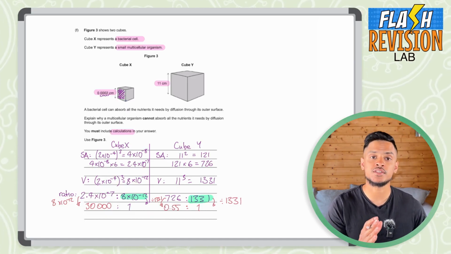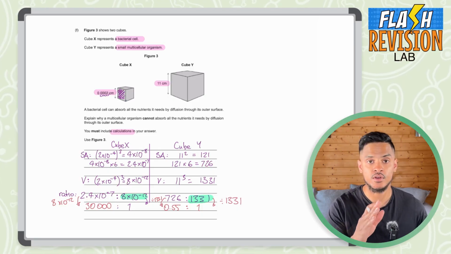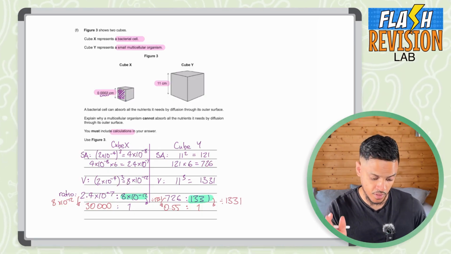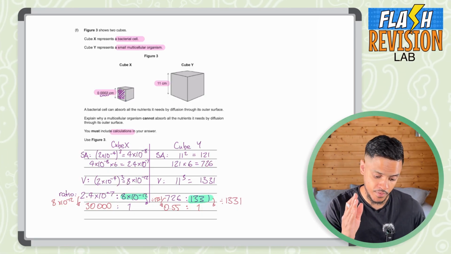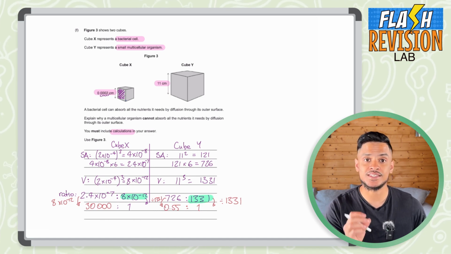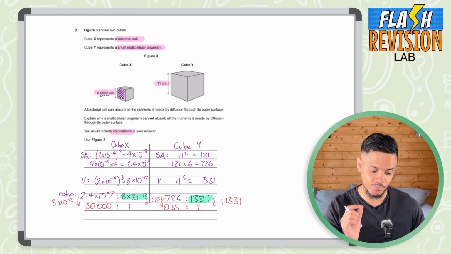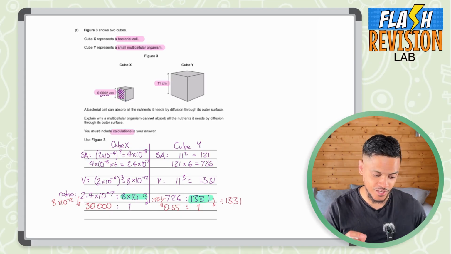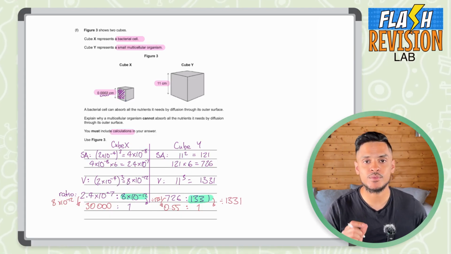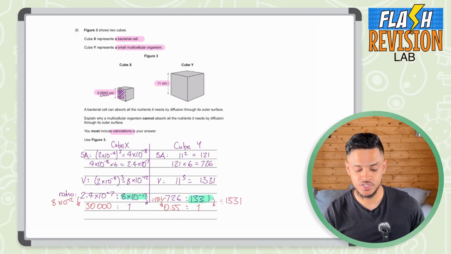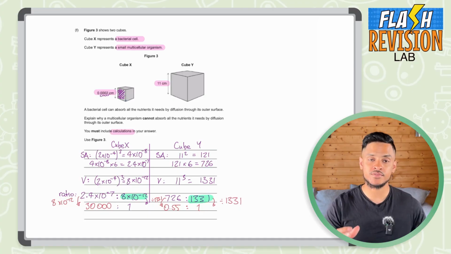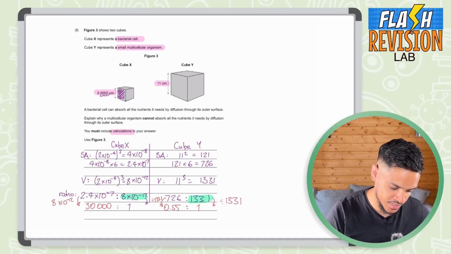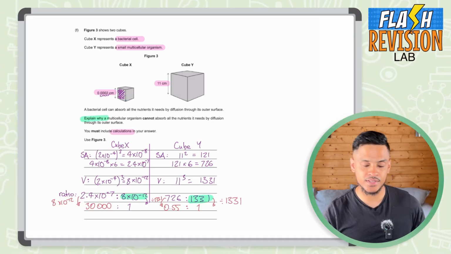Now both of these ratios are to the ratio a number to 1. So we got 30,000 to 1 and 0.55 to 1. So this is a much easier comparison. It's much easier to say now that cube X has a much bigger surface area to volume ratio than cube Y. So we have done the calculation here, but the question says to explain why this means